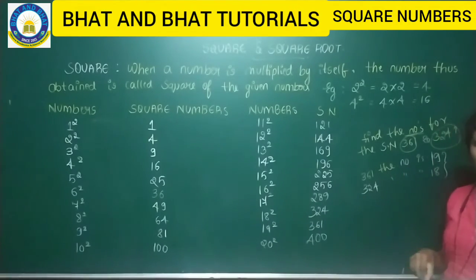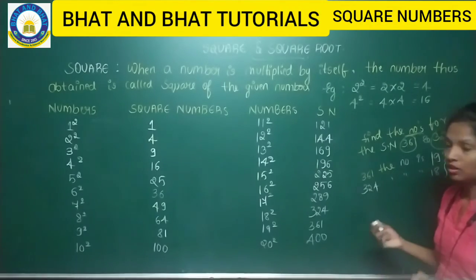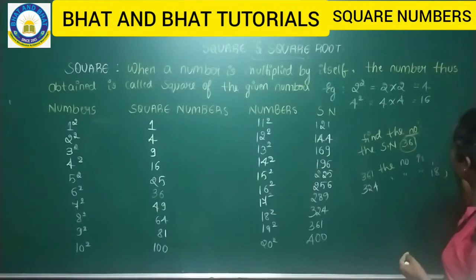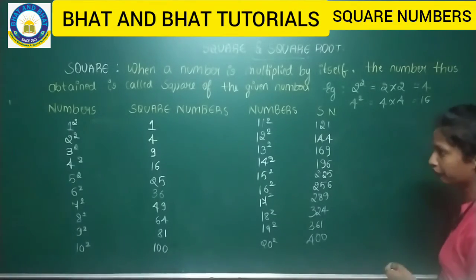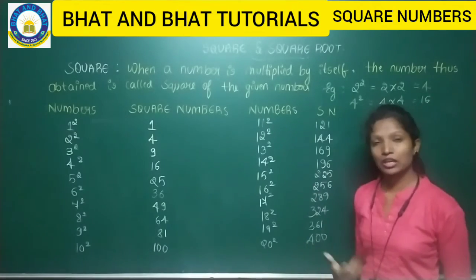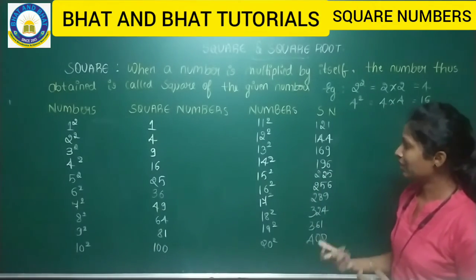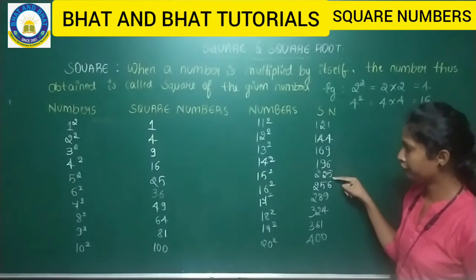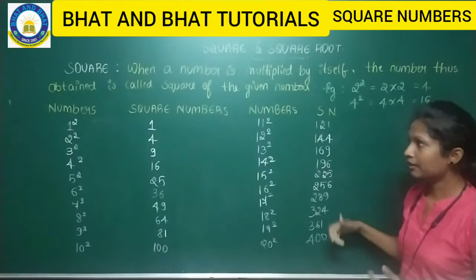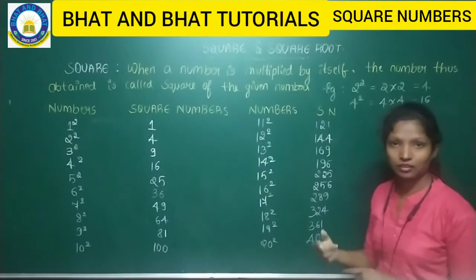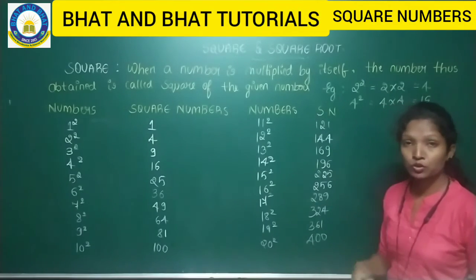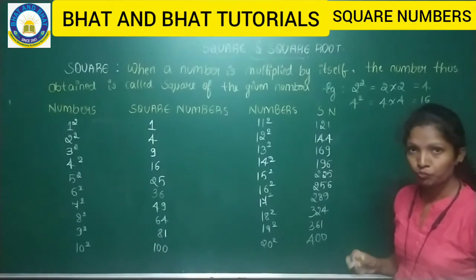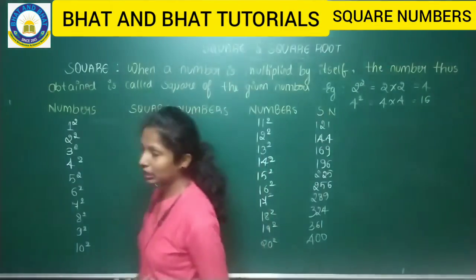So this is how you need to write the solution when they ask you the questions. Okay, so instead of this they might ask you, like find the square numbers for 14 and 15. So when they ask you like this, what are the square numbers for 14 and 15? You have to write that for 14 it is 196 and for 15 it is 225. So this is how you need to know about the square numbers and the numbers. So you have to be thorough here only, because when we want the square roots, people should not get confused over here. Okay. So let me recall the squares and the numbers again.